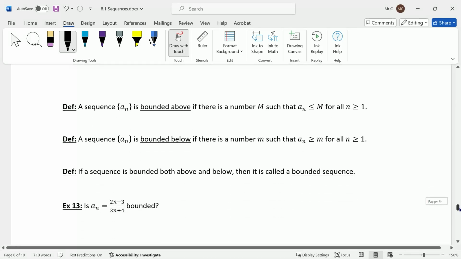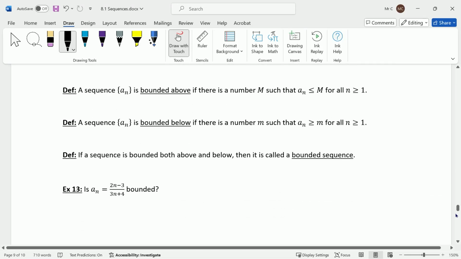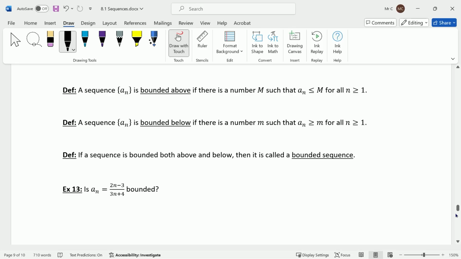Okay, moving on. Got a few more definitions here. A sequence a sub n is bounded above if there is a number M such that a sub n is less than or equal to M for all n greater than or equal to 1. So all this says is, if I've got my sequence of terms and there's some number up here, M, where none of the terms ever go above that number, it's bounded above. And a sequence is bounded below if there's a number little m such that